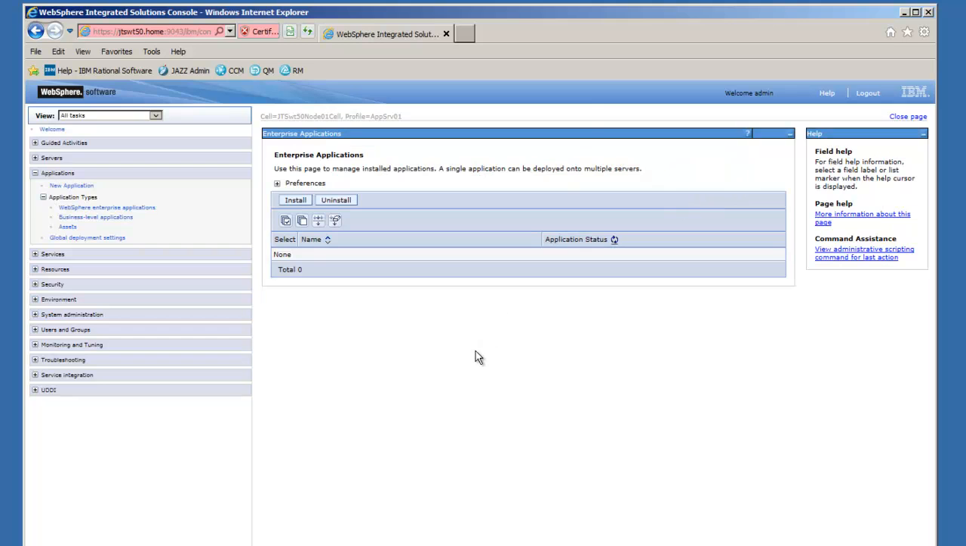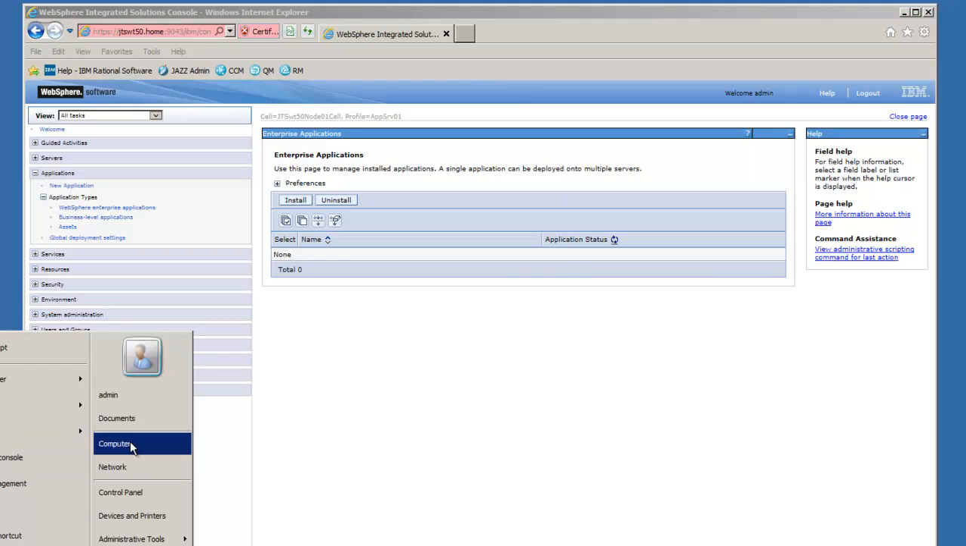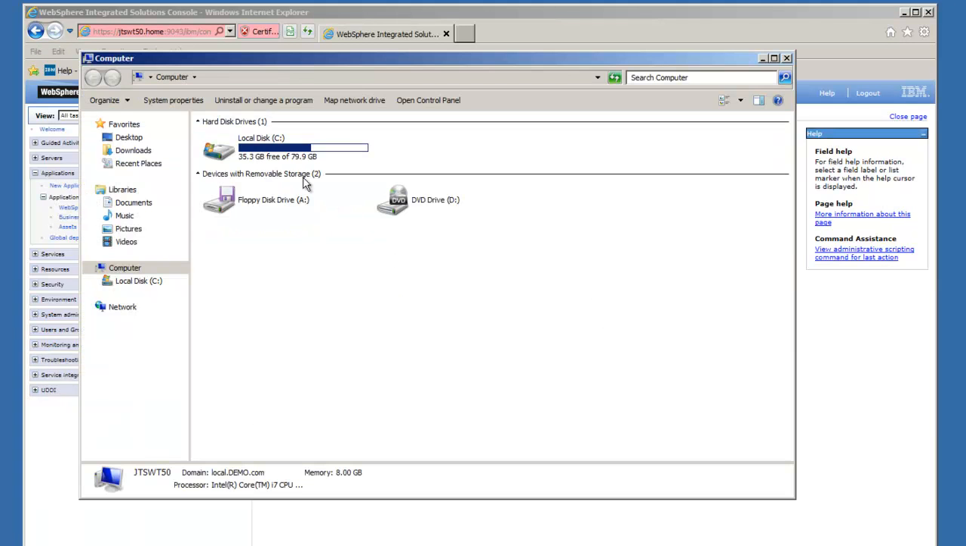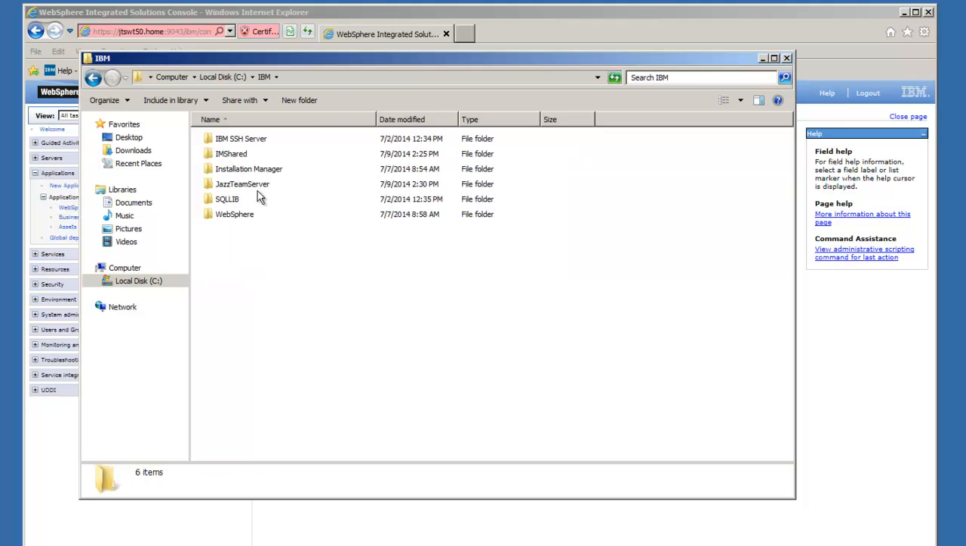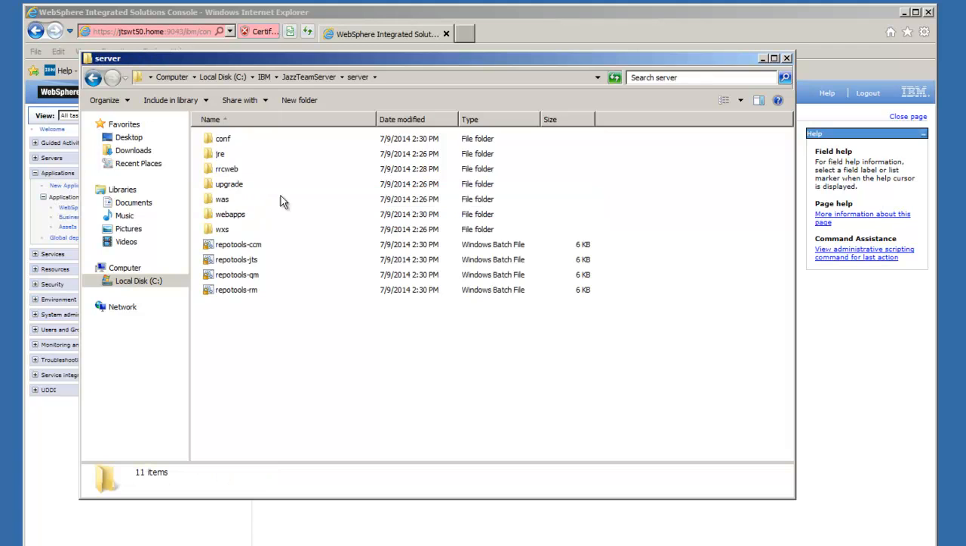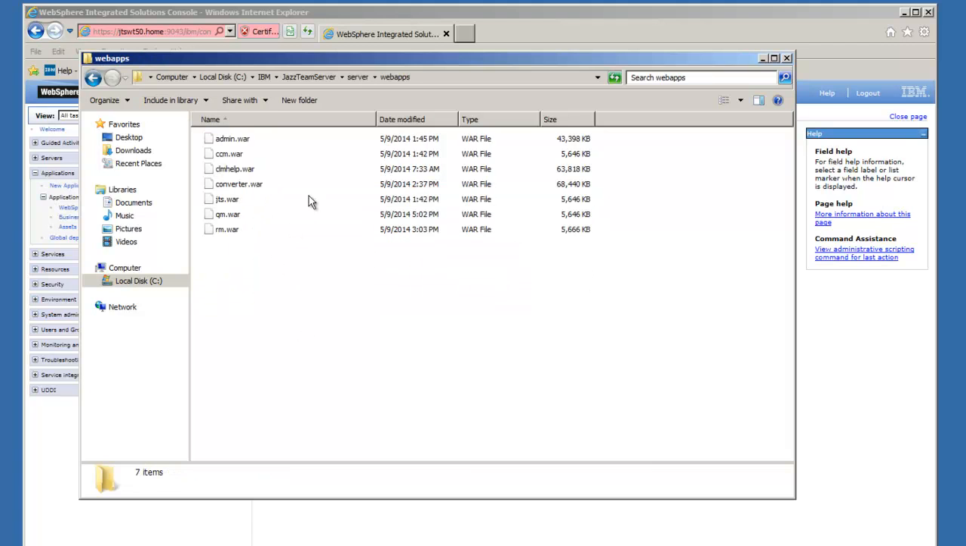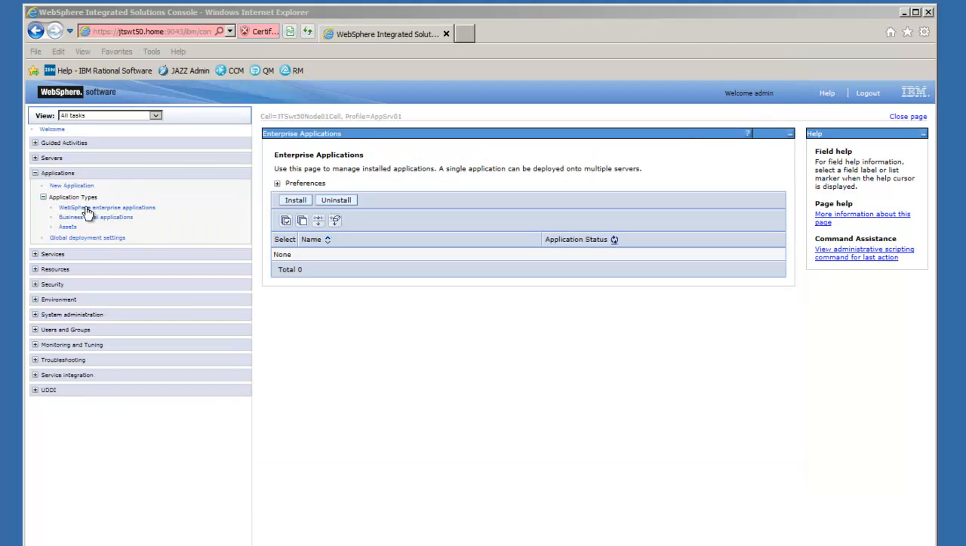Now we're ready to begin installing the JAS applications. We have already installed the software onto the server. Note that it is under the JAS team server, and we've installed it to the web apps, not the Tomcat. So our WAR files are located under IBM JAS Team Server, Server Web Apps. The next thing we want to do,